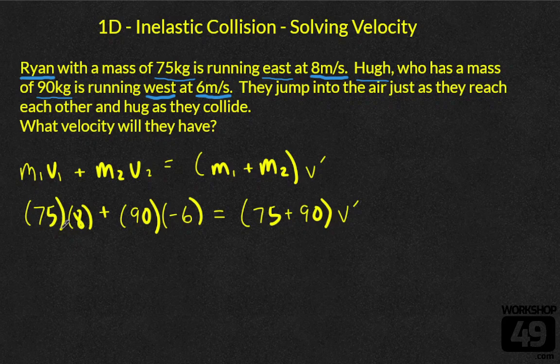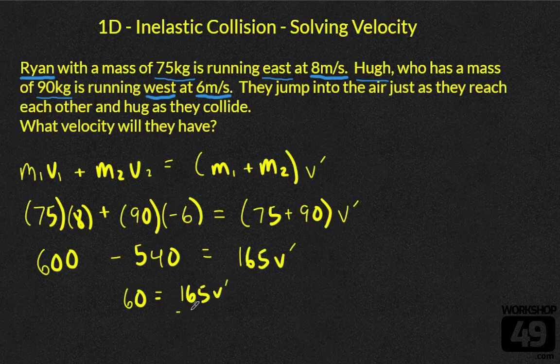So we can fill in these numbers, knock this out. This is 600 subtract 540 is equal to 165 v prime. Like all momentum equations, the hard work is filling it in. Once it's filled in, we're going to get something nice. It's 60 equals 165 v prime. Divide both sides by 165, and we're going to get a v prime equals